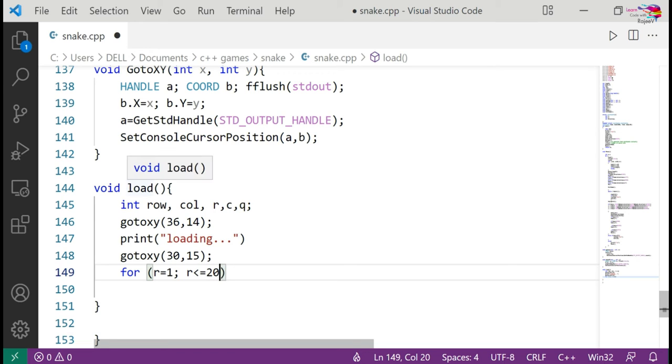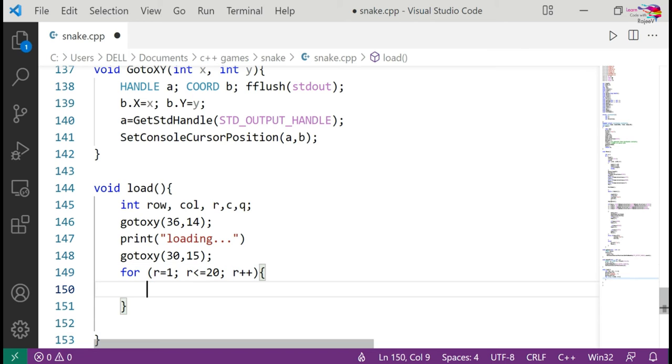Okay, and then r plus plus. Inside these functions I'll print something. Here I have to define q equal to, not 1, q equal to 0. Okay, start from 0, and